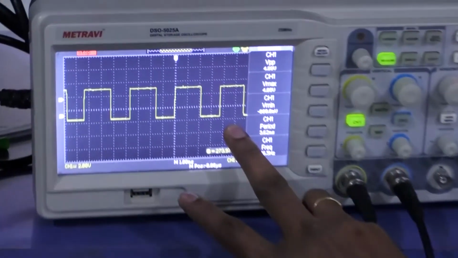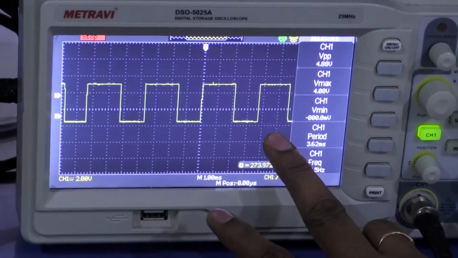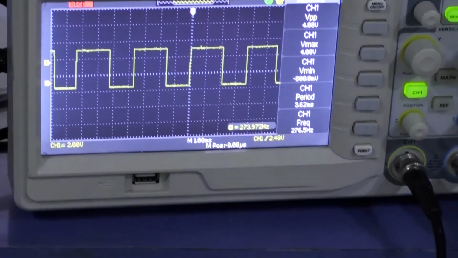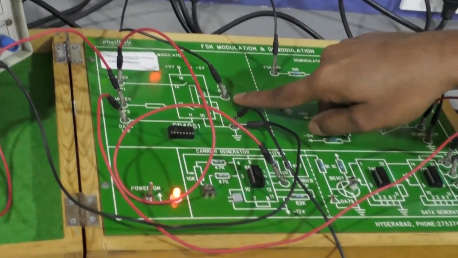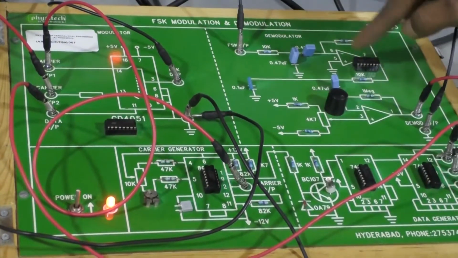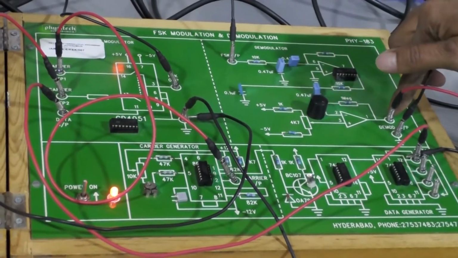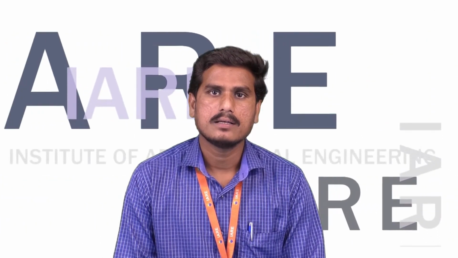So you have to draw the circuit diagram, and afterwards you have to draw the waveforms like data, carrier 1, carrier 2, the modulated output of the FSK modulator and the demodulated output of the FSK demodulator. This is about the frequency shift keying modulation and demodulation. By using frequency changes in the pulses, the shifting of the frequency can be calculated. So if you change the input signal pulse, the frequency of the pulses also can be changed.